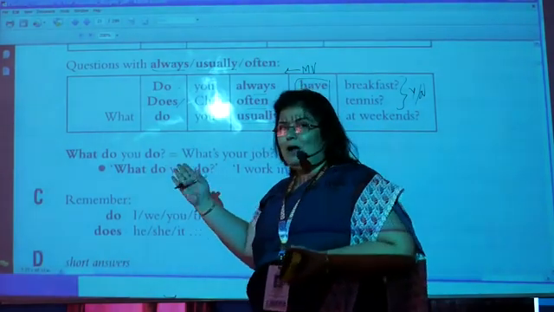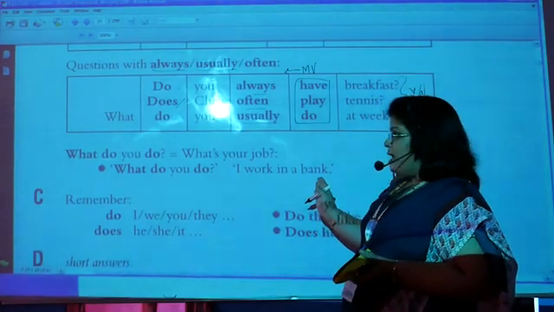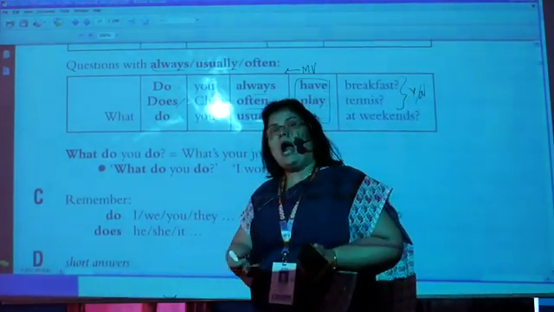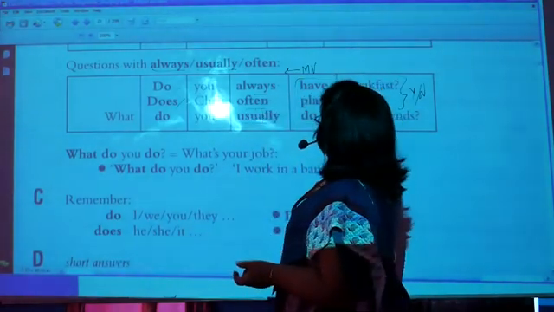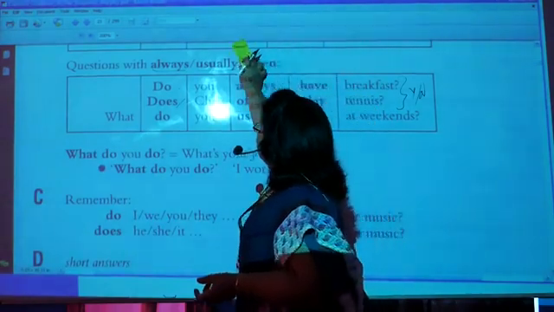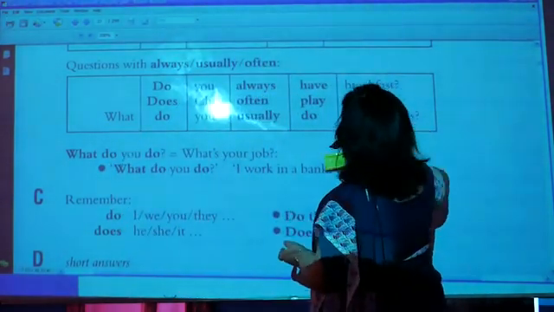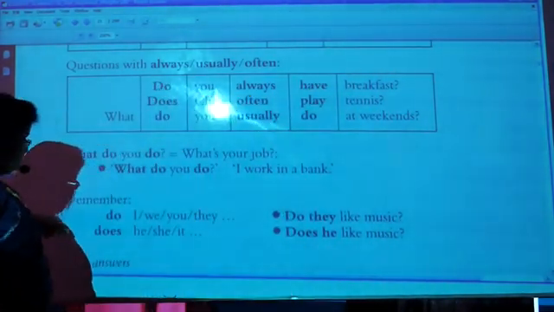आप क्या करते हो? Got it? What do you do? I work in bank. We ask now, how do you do? आप कैसे हो? So do can be used as a question word plus actually it means karna. Okay? Do, did, done are the three forms of this word. Now let us scroll and see what is there.